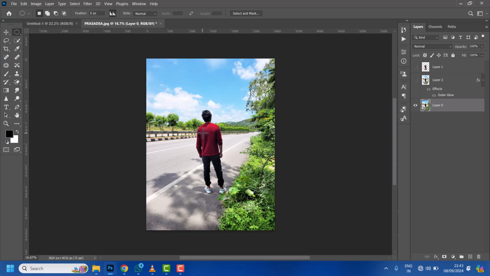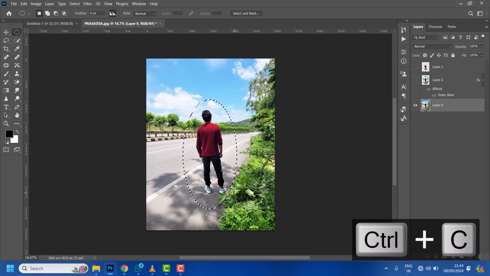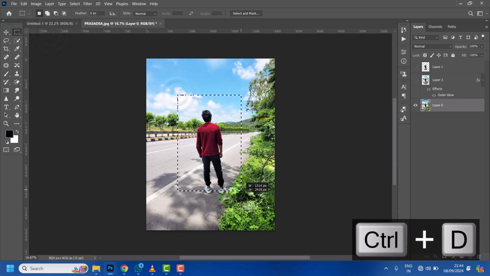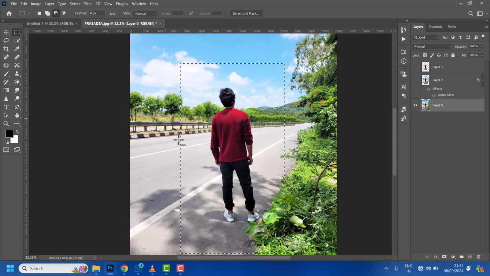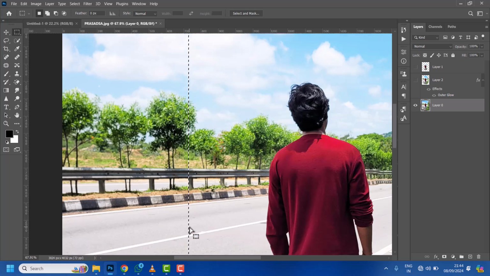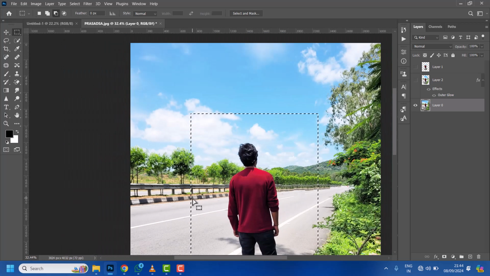Make some basic selections using the rectangle marquee tool. Select the rectangular marquee tool from the toolbar. From the toolbar, click and drag on the image to create a rectangle or square. You see the marching ants, the dotted lines, indicating your selection boundary. Like for example, like this. Here the lines are displayed, and once you have selected the area,